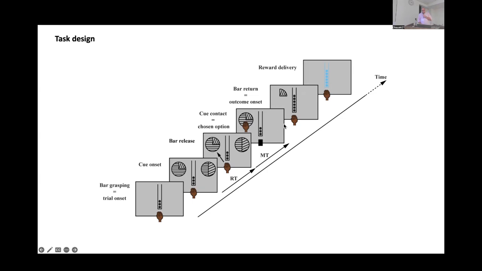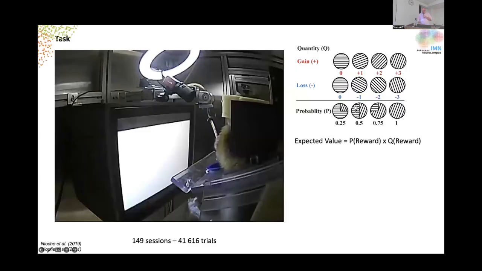Then you have the outcome, and from the outcome, the gauge is changing. It can get up to 3 more drops or 3 fewer drops. So his reward varies from 0 to 6 drops. And then there is the reward delivery, and then intertrial interval and next trial. I show you an example here of the task that may be easier to understand. So the gauge appears, and you see, for the animal, yeah, they are very, very fast. Even the students are not as fast as the animals when they try to do the task.